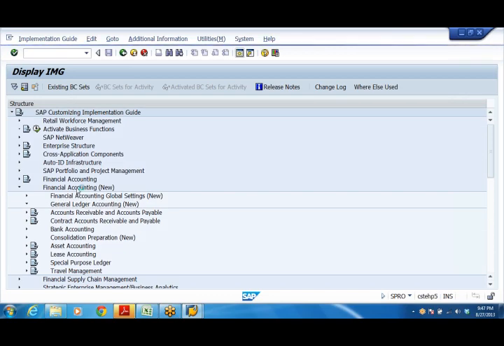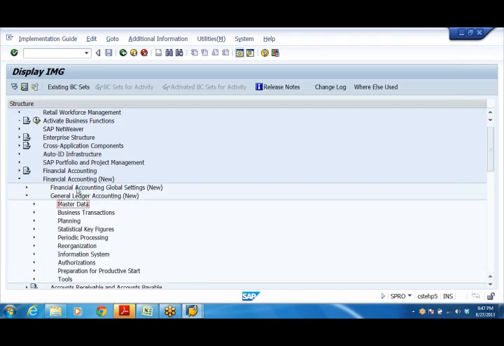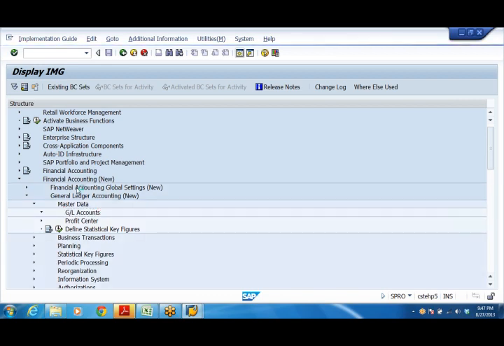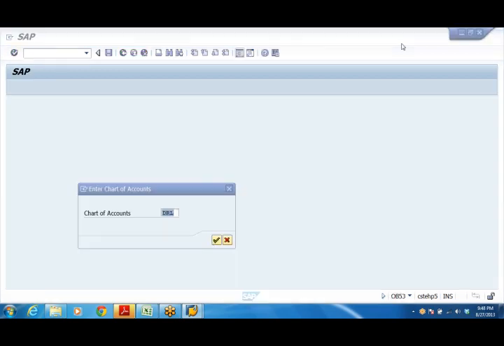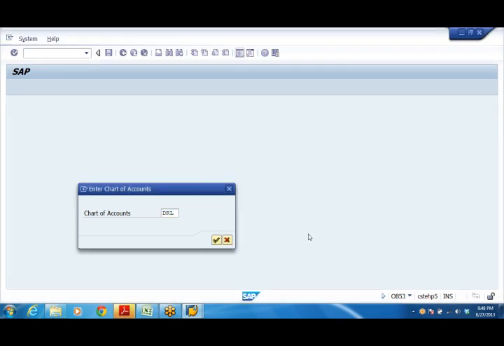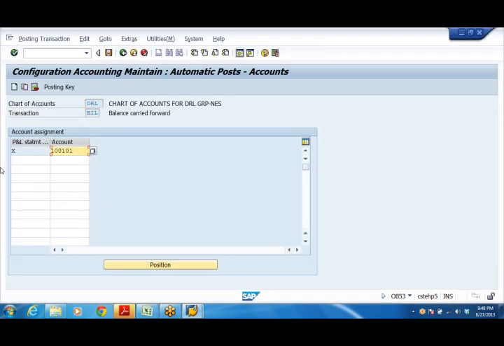General ledger accounting new, master data, GL accounts, preparations, define retained earnings account. So here we told the system that for my profit and loss account statement, I'm going to use this retained earnings account.